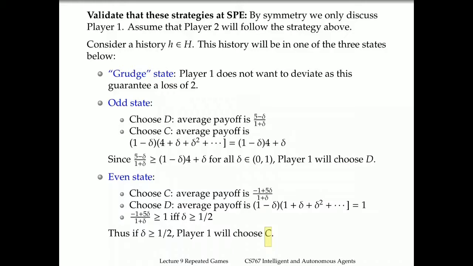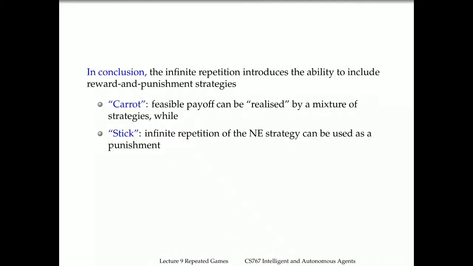So notice that overall we can conclude that whenever delta is above 1 over 2, that strategy will be an optimal response to the opponent, and because they are optimal responses to each other, then essentially we have an SPE. Right, so the infinite repetition introduces the ability to